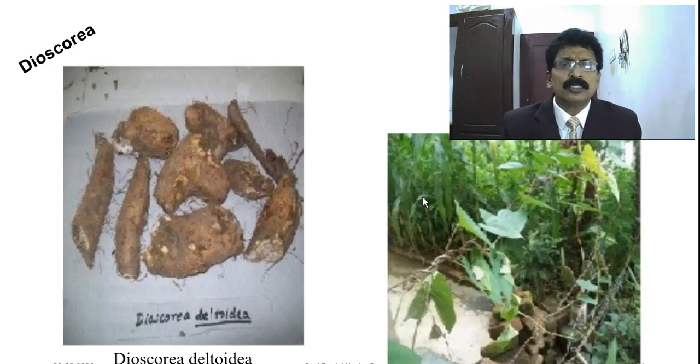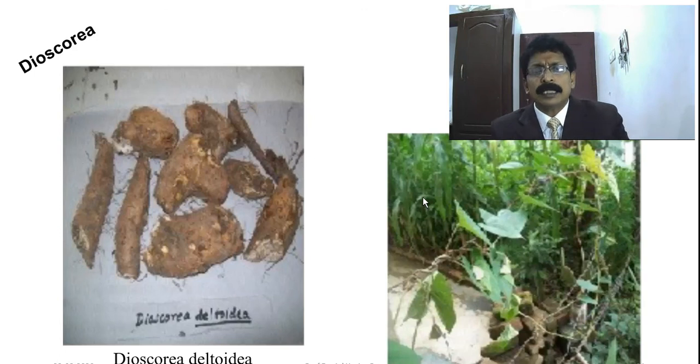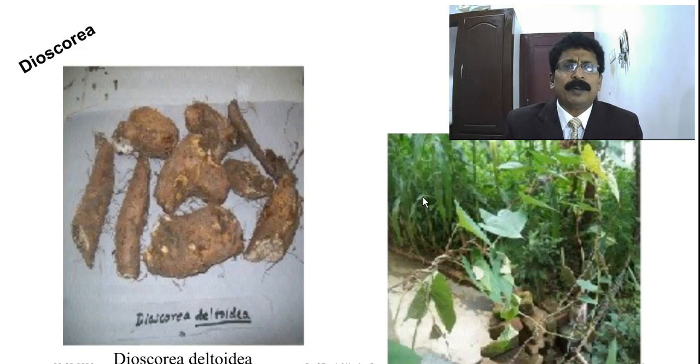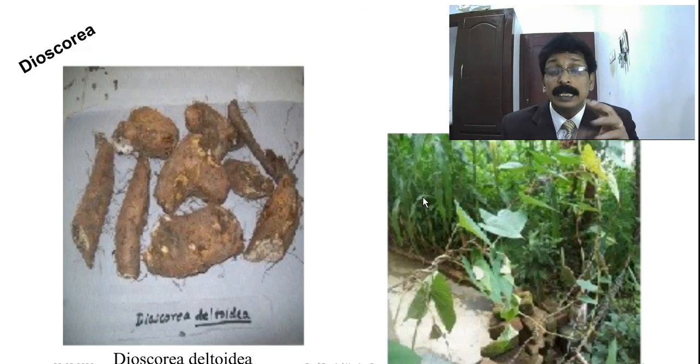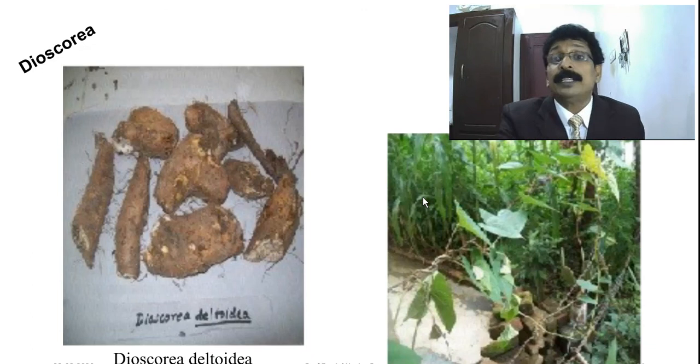See, this is Dioscorea deltoidea, you can say. This is very common, even in Kerala we have this one available. You see that it looks like, which is not the edible one, it has some similarity to potato, but not potato. Potato is round in shape, and there are sweet potatoes which also have different sizes and shapes, but not that one. That is different.